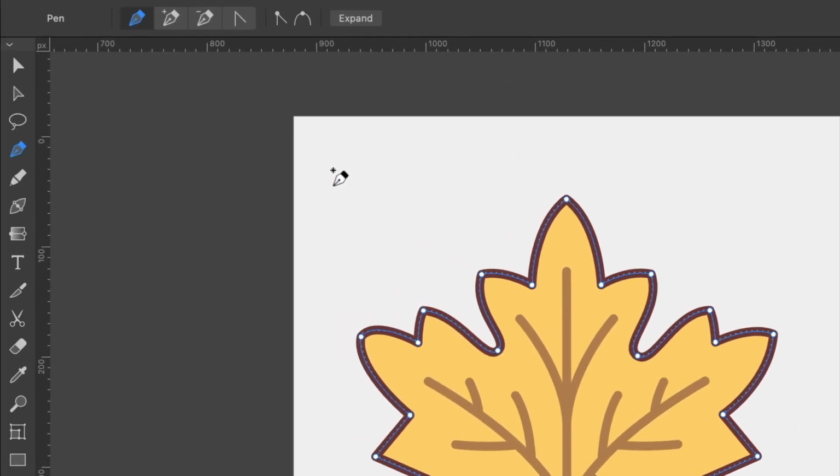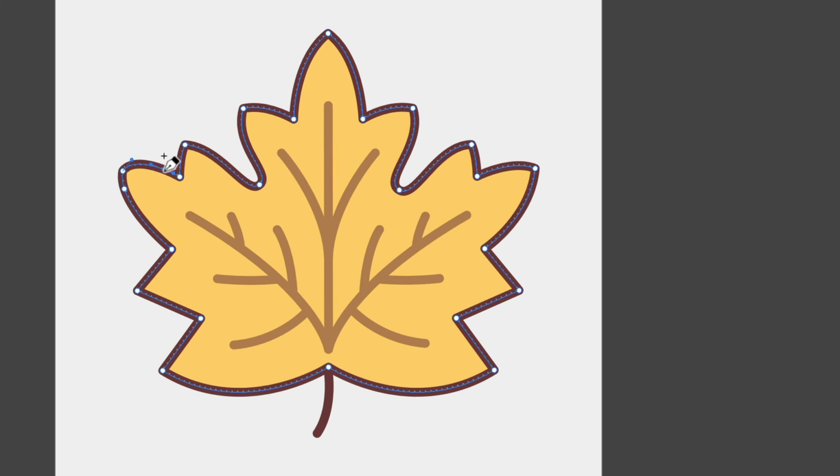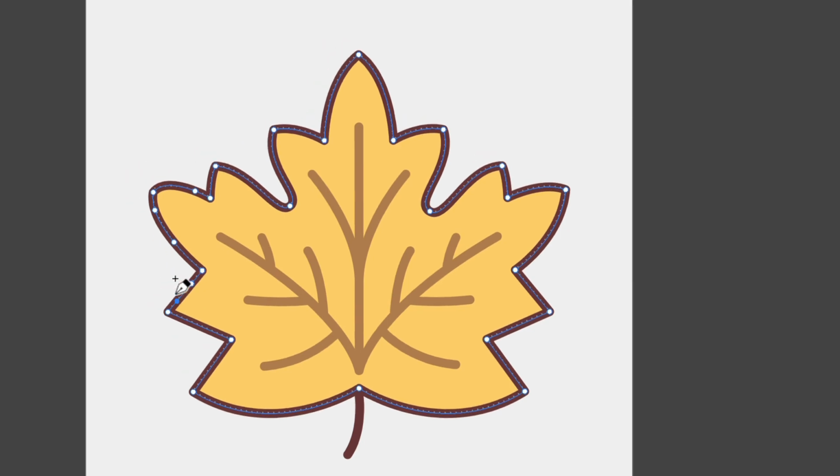Pay attention to a set of additional tools available in the control bar. Here we have tools for adding and removing anchor points to a selected path, and a tool to convert points to smooth or corner points. These tools selected in the control bar ignore other operations that can be performed with the path and execute only a specific task they were designed for. Say, if you activate Add Point tool, you will only be able to add points to the selected path, without risk of deleting or modifying anything.